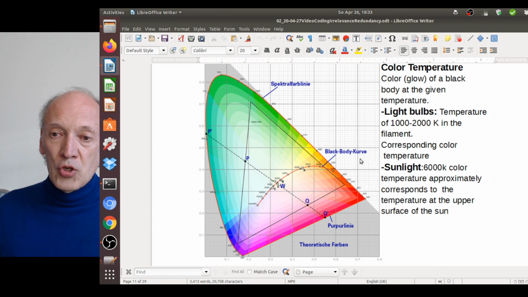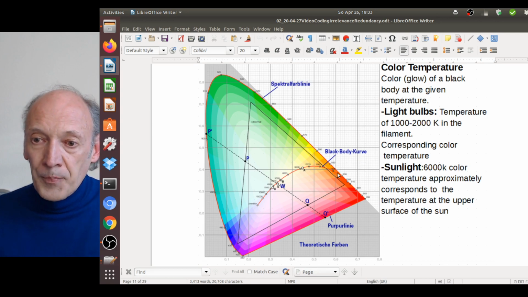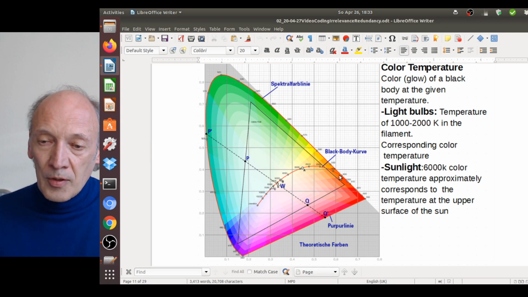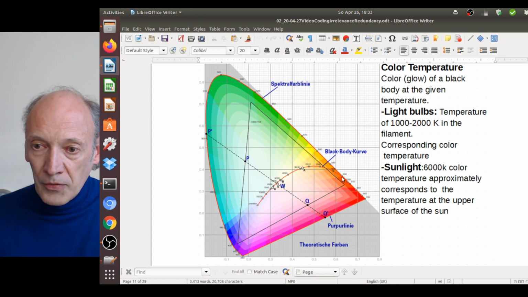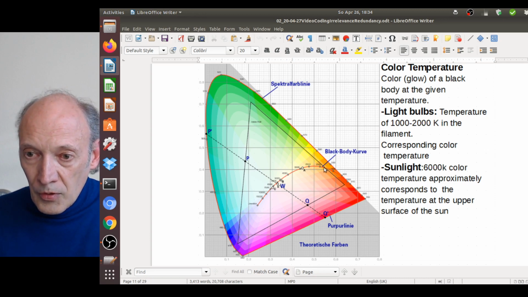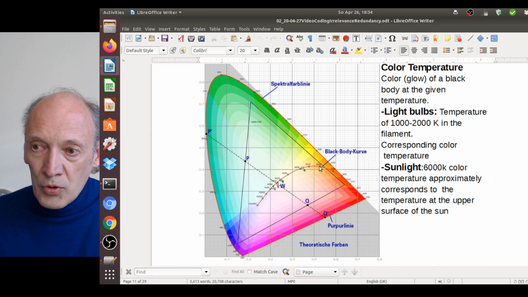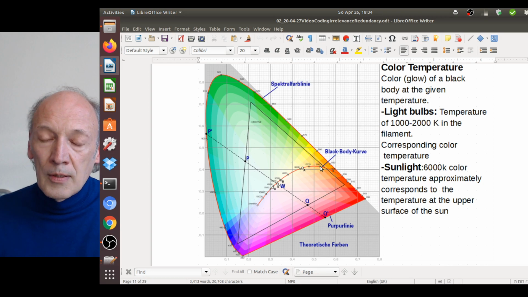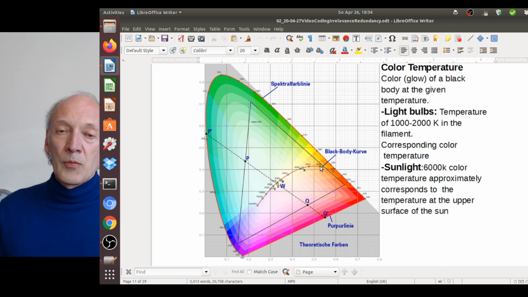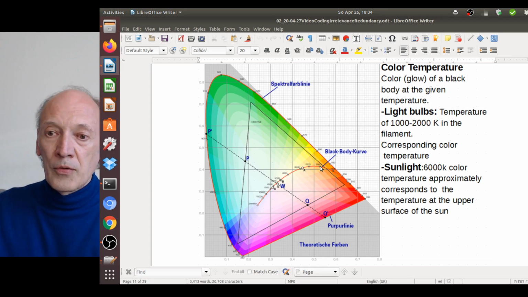So it only shines itself when you heat it up. So here you can see under which color this metal will appear at different temperatures. The numbers that you can see correspond to the temperature in Kelvin. So here it is 2000 Kelvin, and Kelvin is basically the same as Celsius, except that it starts counting at